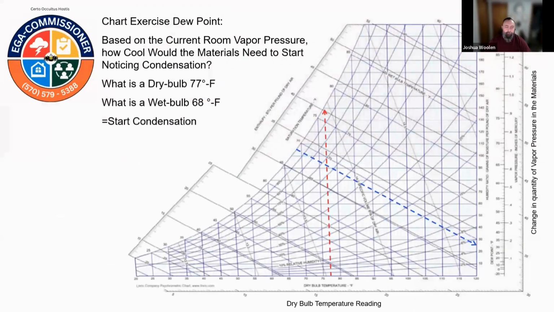Now, earlier, I mentioned how easy it is to understand vapor pressure, right? If you were to take 70 degrees, 80 degrees, and go up, you've got your dry bulb, and we know it's your dry bulb because of what's down on the bottom of the psychrometric chart. And then if you follow the blue line, it'll take you from the dew point all the way over, and that gives you your dew point readings.